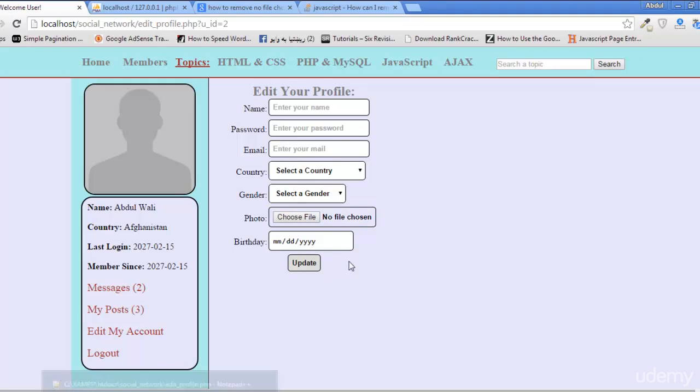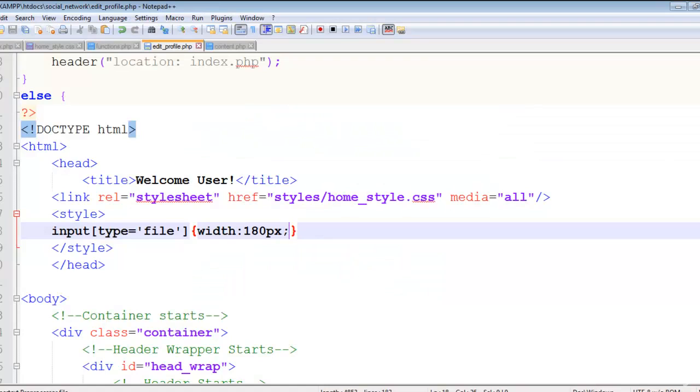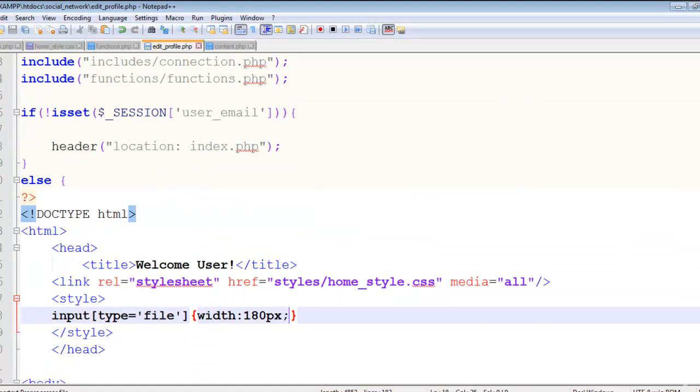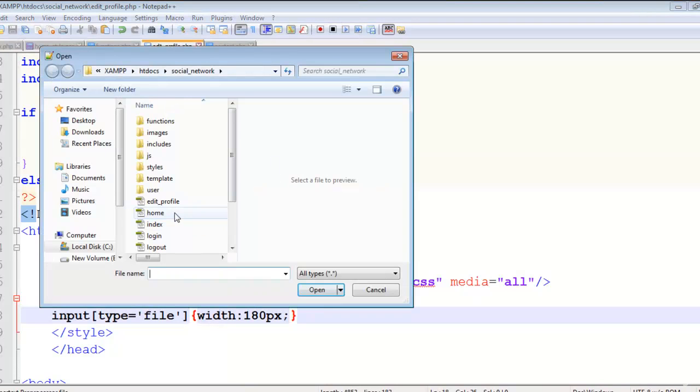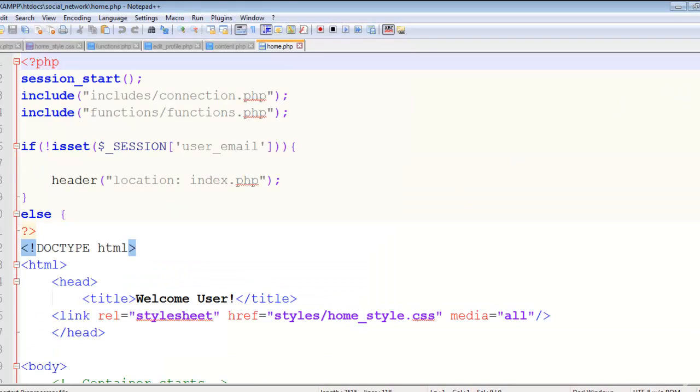You can actually decrease it more. So now we can display the user details in this form just by writing a PHP query. But what if we just copy the previous query that we have created? So that will be nice and we'll save more time. So I will open the home page, the home.php, and we'll get